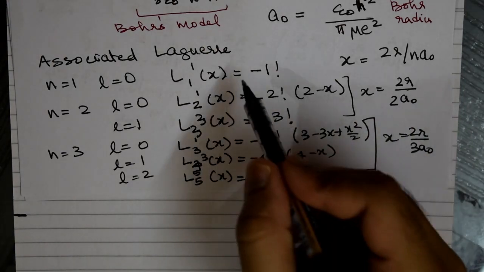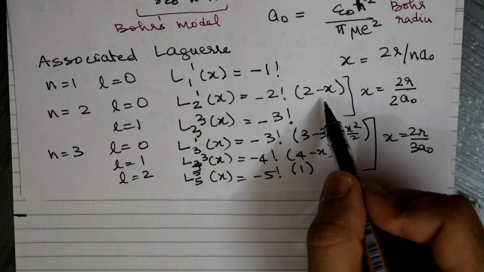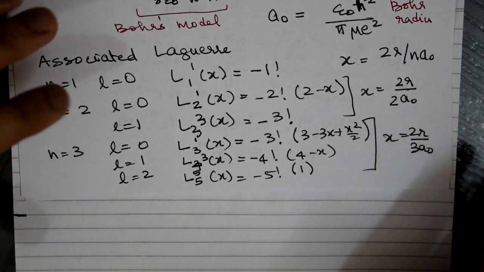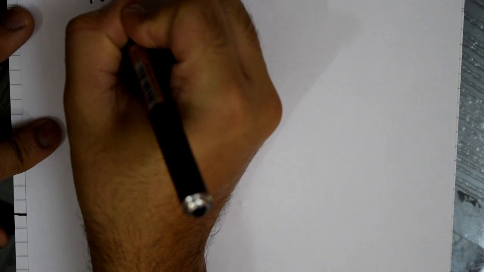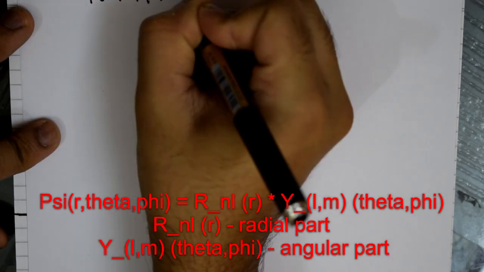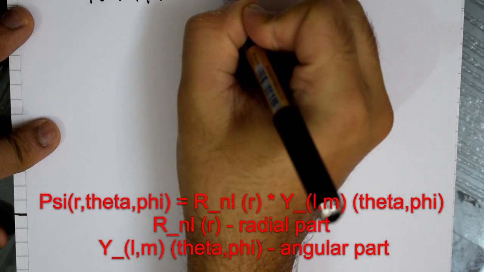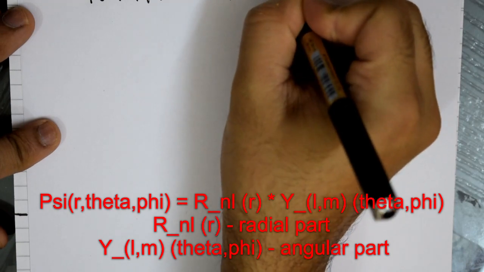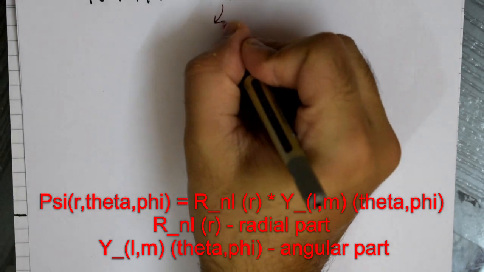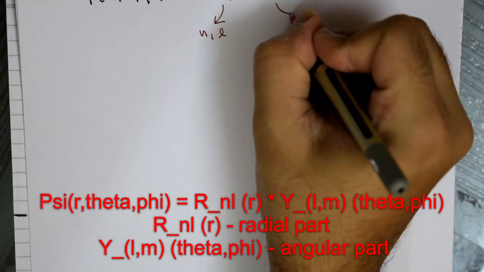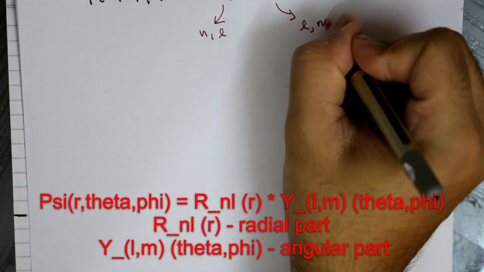So these are the Laguerre polynomials. If you push this back, you will be able to get the polynomial part of the solution of the hydrogen atom. So why don't we write the full solution of the hydrogen atom? You're going to have psi of r, theta, phi, which is going to be given by R_nl times Y_lm. It's an important aspect to understand here. The radial part depends on the quantum numbers n and L, while the angular part depends upon the quantum numbers L and M.